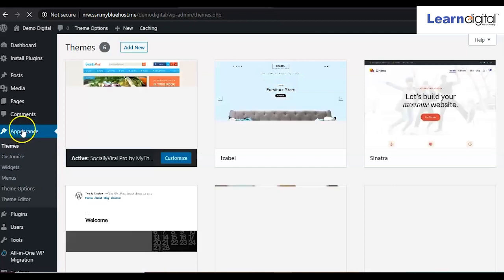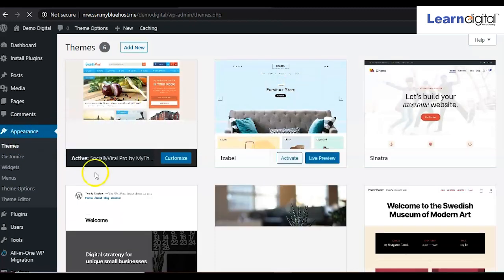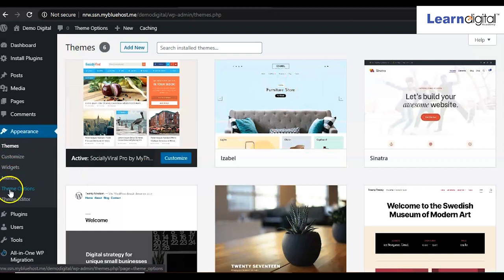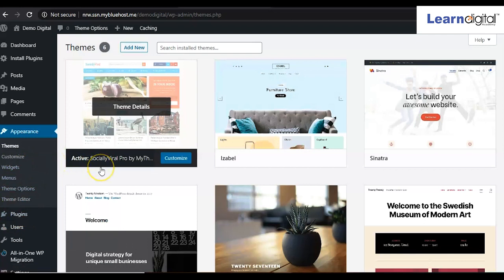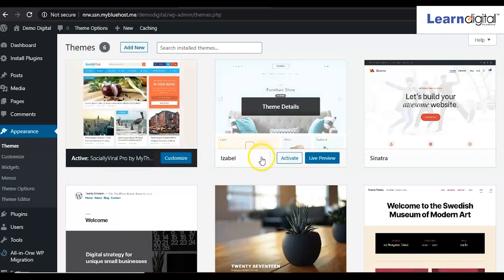So as soon as I'm clicking on this, these themes are coming, right? So this theme option and other menus, widgets, it depends on the theme, right? If you change the theme, some options you won't be able to see. And if you select any other theme, some extra options you will be able to see. So this option, this setting and the layout, it depends on your theme style.